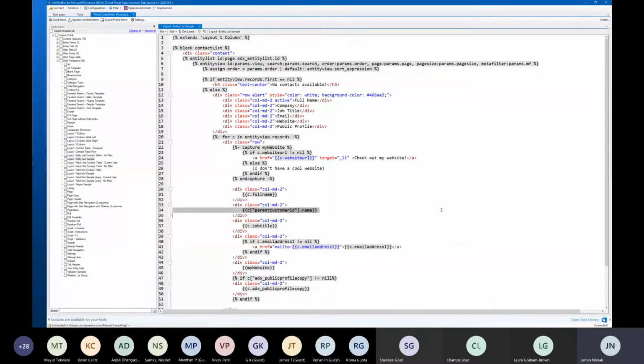And that's what goes into the parent customer ID, which should be the company name. So that's one thing to keep an eye out for. Very cool once you can do it. And you can do